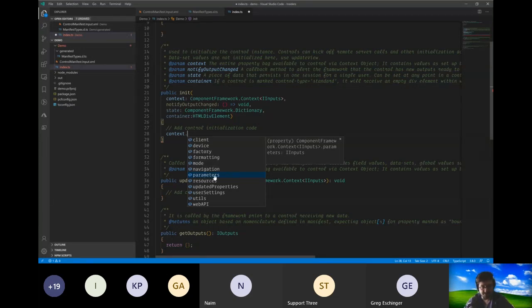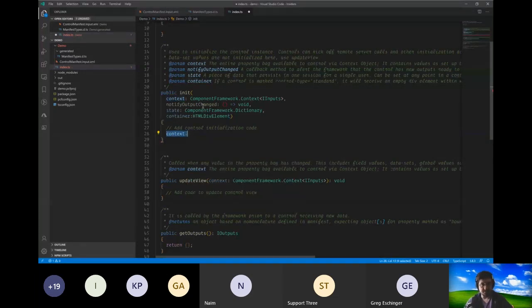Navigation APIs, parameters is where we're going to get information from the types that are coming back and forth. Resources, if you are localizing your code and you have resource files, you get your information through that. And some more, and it goes on and on. I'm not going to go all the way through it, but context you're going to use quite a bit. Notify output changed is a callback that we give you. If you have a component where users are changing information, a slider, for example, you want to hold